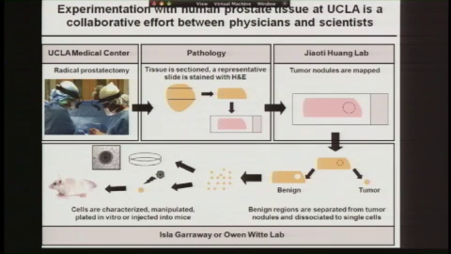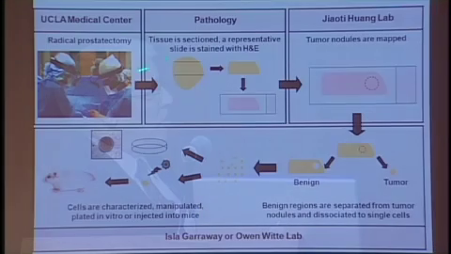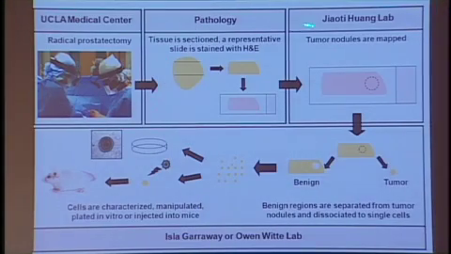And the outline of what we do is here, and I just have to stress that this type of experiment is probably more difficult at the doing level than the conceptual level by multiple orders of magnitude. We have very good collaboration with our surgeons, our pathologists, including Jyoti Wang and other labs like Isla Garraway's with which we share the tissue, because I think each tissue sample we get is precious and should be used to maximize research for the benefit of all. So we've gotten this pattern down.